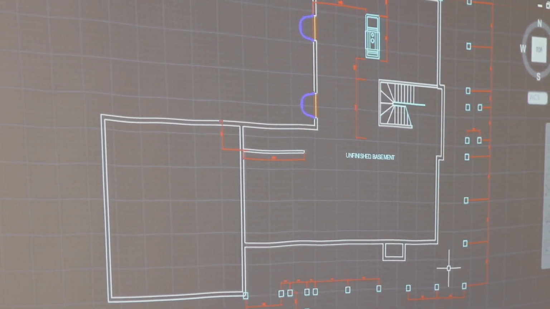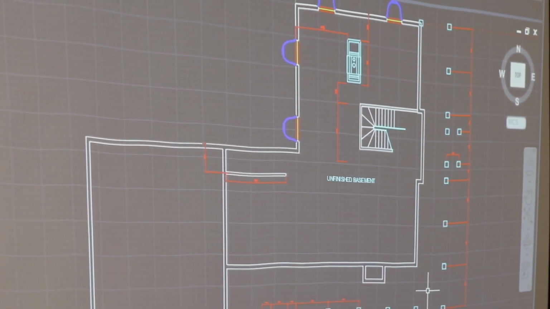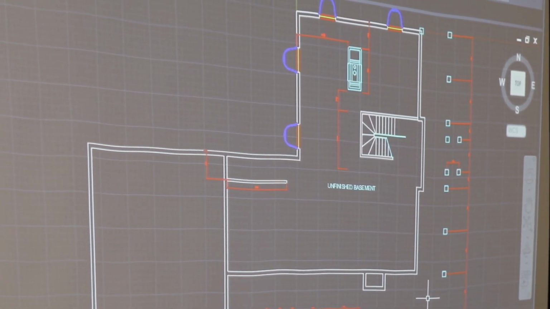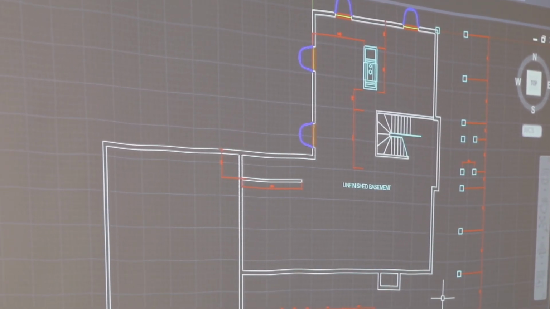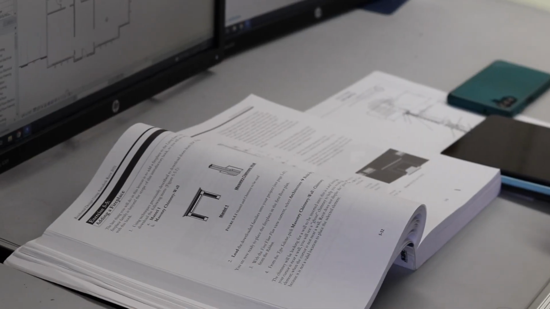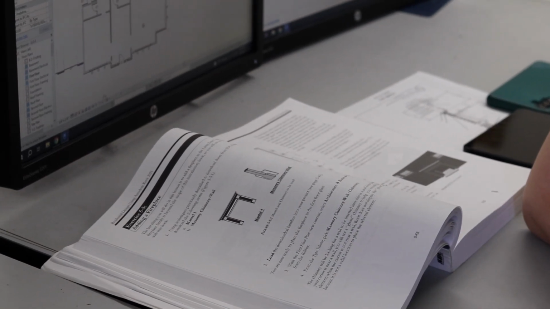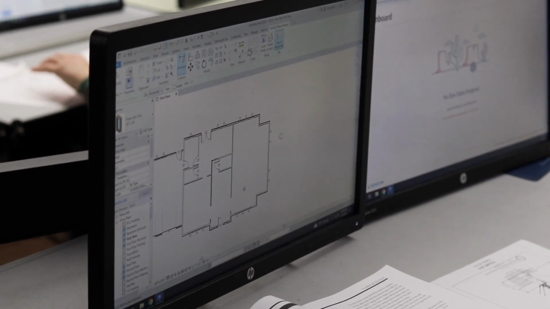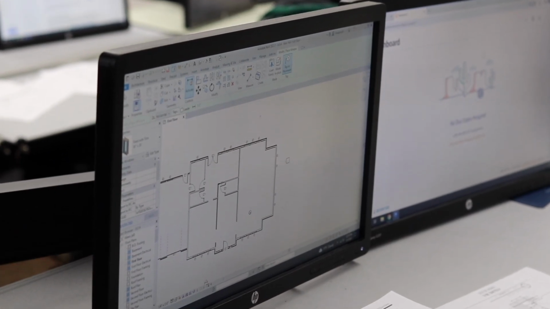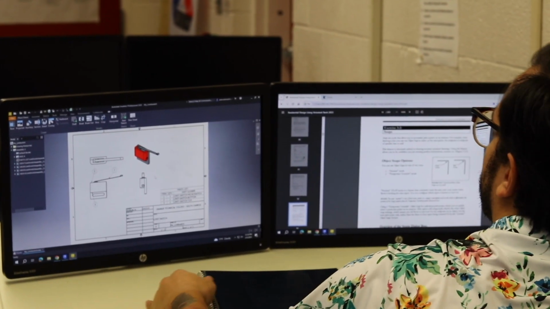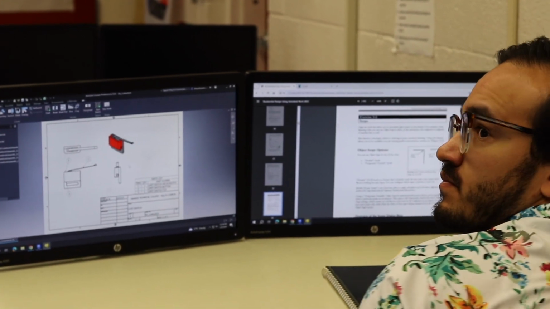But we get exposed to all facets of drafting. It's the software that we're learning. We're project-based, and we actually do a residential house that's a whole book with step 1, step 2, step 3, etc. And while we're doing that, we have auxiliary learning tools. We have an LMS, Learning Management System, with a book called Architectural Drafting and Design, which